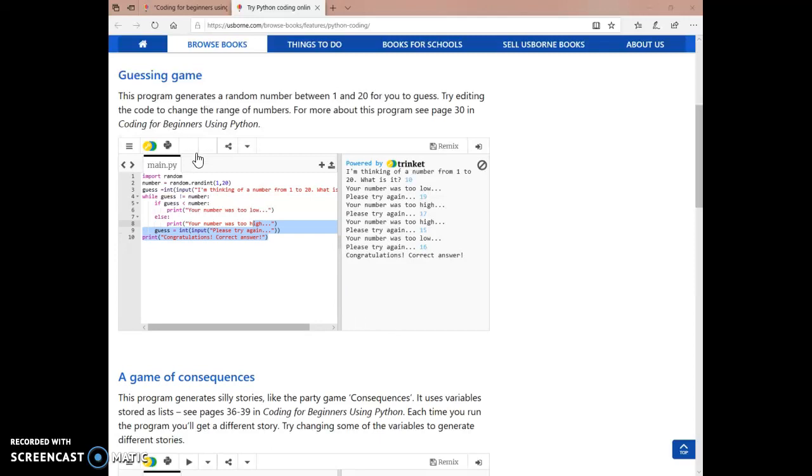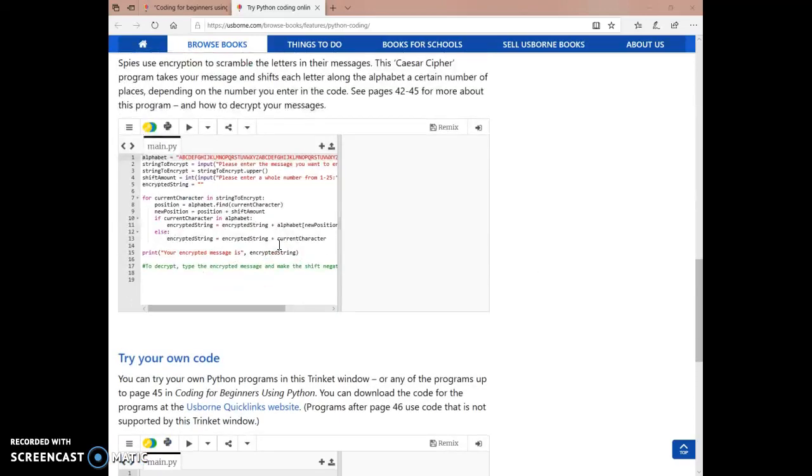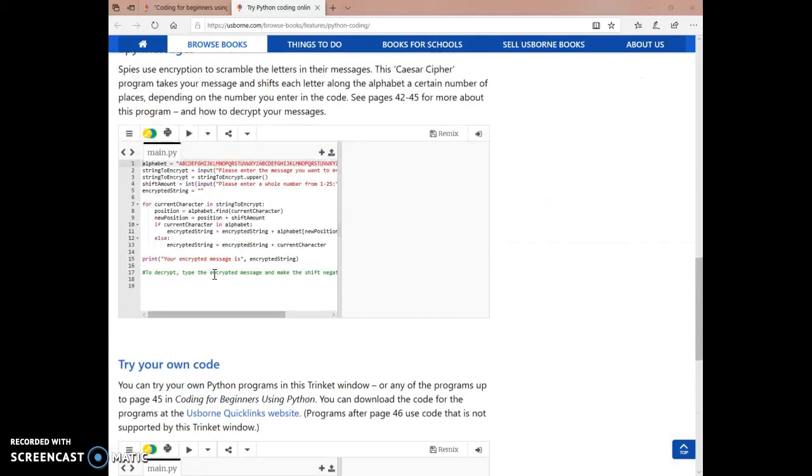But this was the import turtle one. The import turtle they will teach you in the book. But if you want to learn it online, I think you can do it. See, like here, you click play, it will show you messages. Let's see. Hi, please enter a whole number from 1 to 25. Like all of this. Let's do 10.